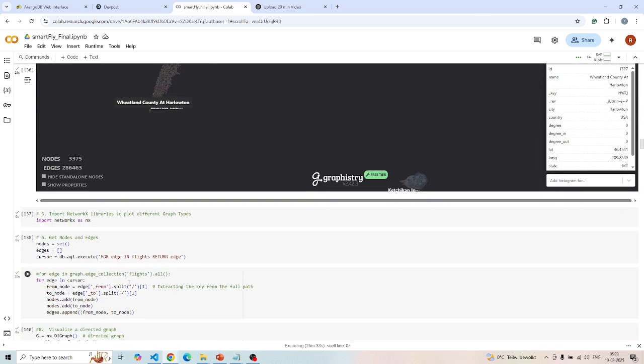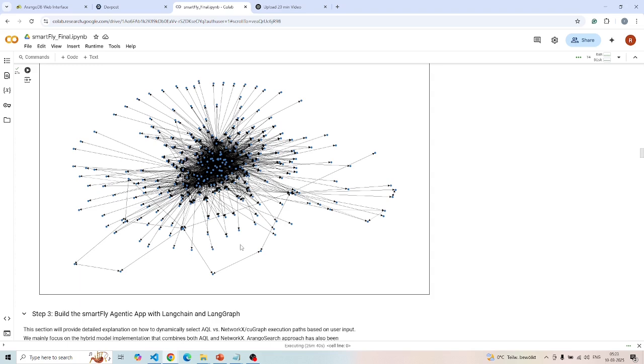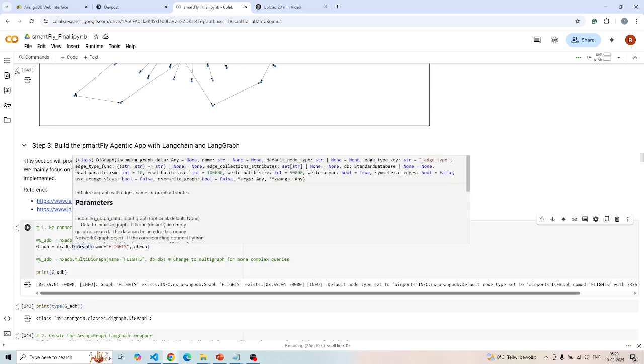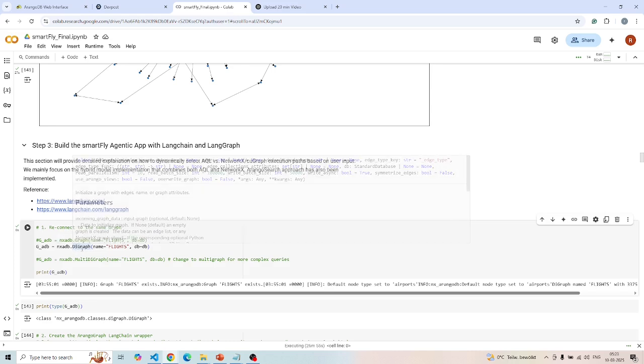The other way to plot the graph is by using the NetworkX library. And this is how the graph looks. Once that is done, what we have to do is reconnect to the graph. For this, we can simply use the function DiGraph, which is basically a directed graph. Instead of this, we can also make use of a MultiGraph. With MultiGraph, it supports more complex queries, but for this demo, I'm just making use of a simple directed